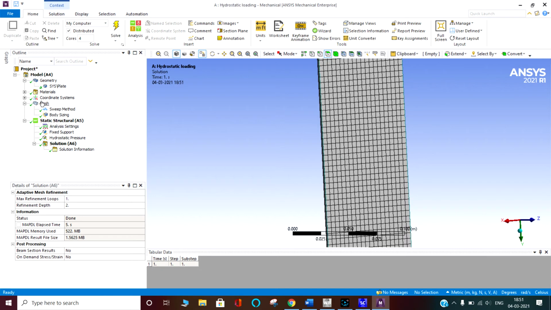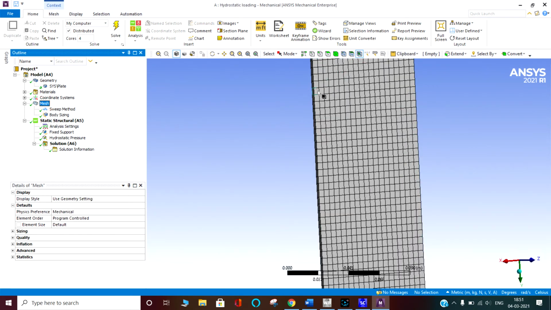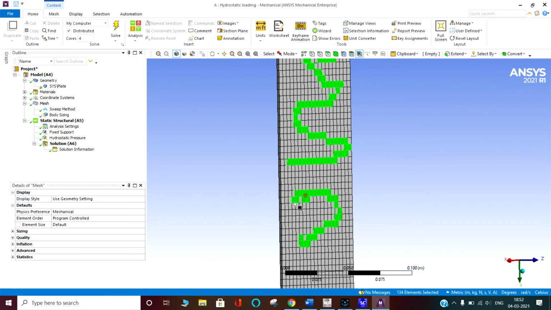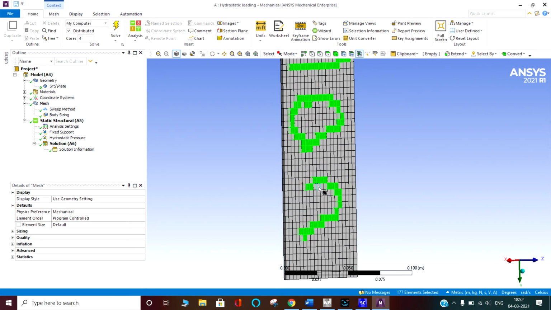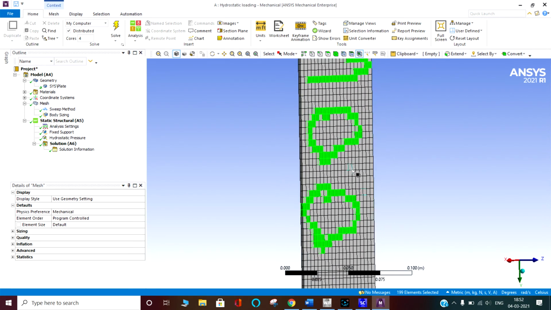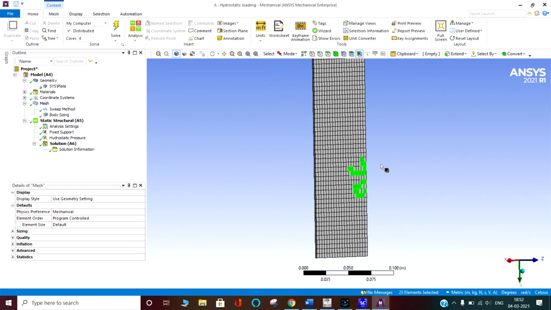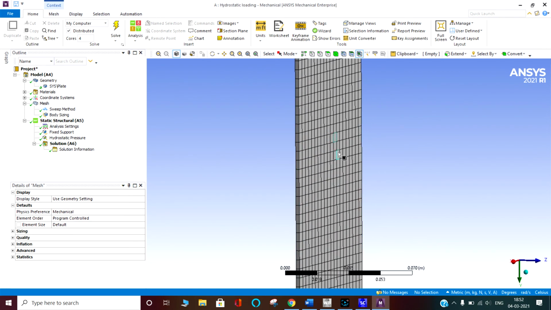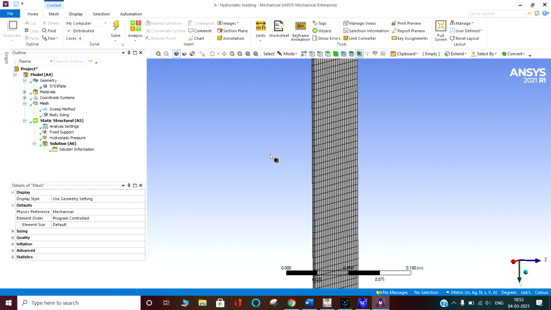In the meshing, as I already told you, it is the discretization of the body into small elements. You can see all these are small elements. So what is the meaning of solving these equations by dividing the body into small elements? When we divide the body into solid elements with nodes at every corner, it is applying the differential equilibrium equations on each chunk or element, and it is solving.